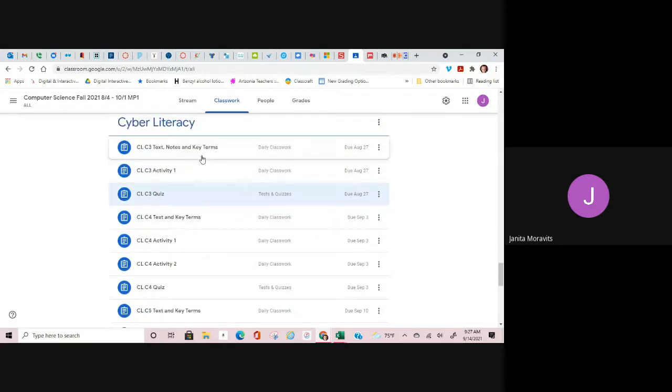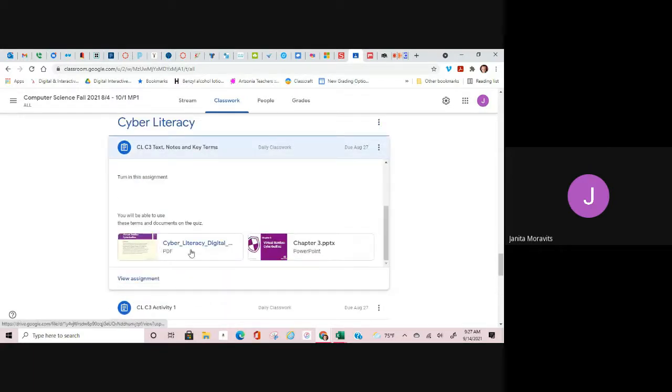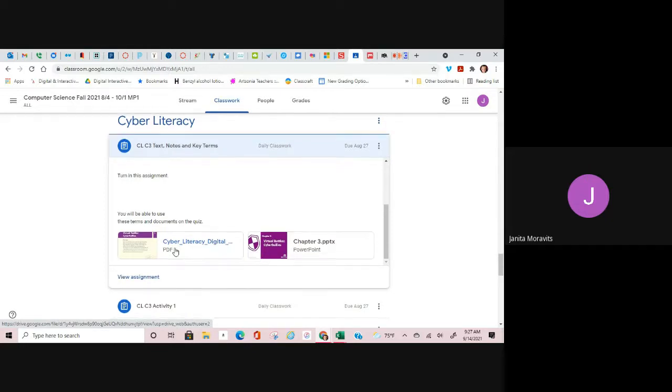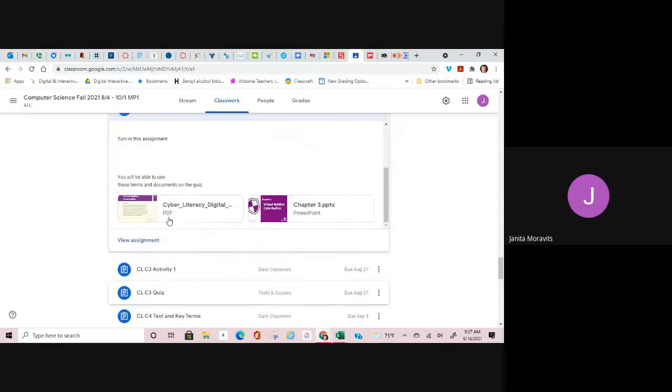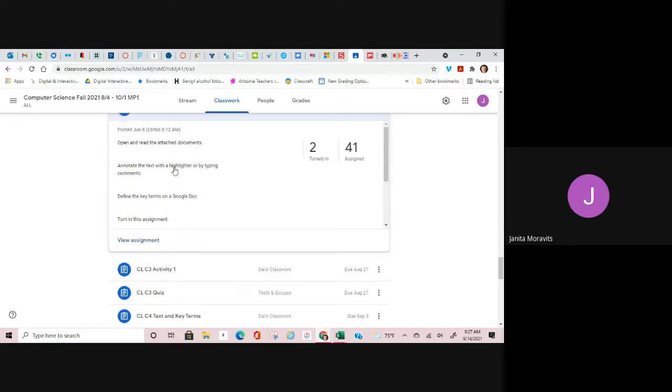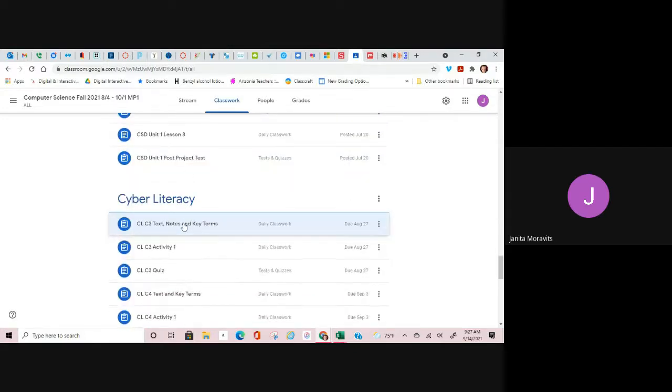Remember that I have already told you that you are allowed to use your notes or this document when you do the activity or when you do the quiz. I am not telling you you cannot use the notes. So if you're not sure of an answer, look it up. I like that you know how to look things up. That's important just as well as having it memorized.